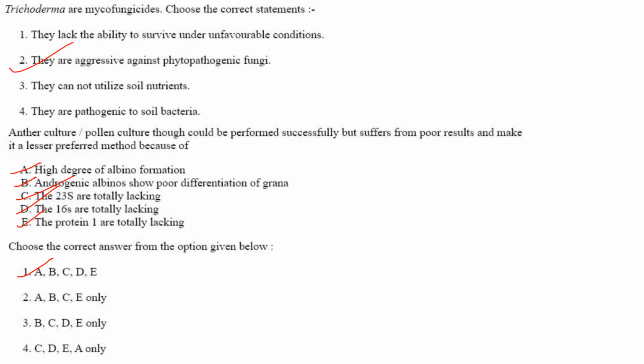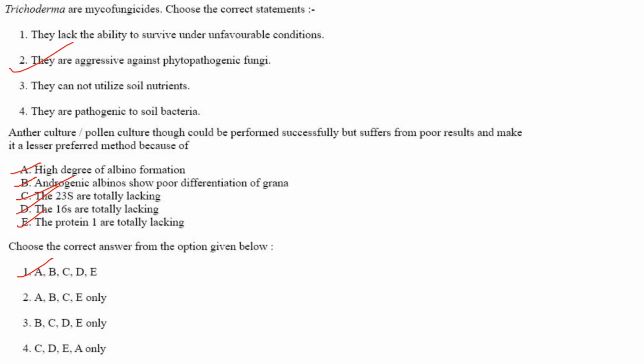They are aggressive against phytopathogenic fungi. Answer is option 2. Then next one. Anther culture and pollen culture could be performed successfully but suffer from poor results and make it a lesser preferred method because of